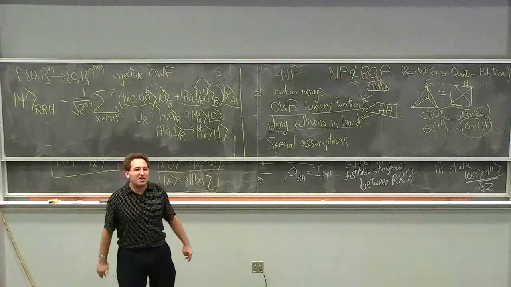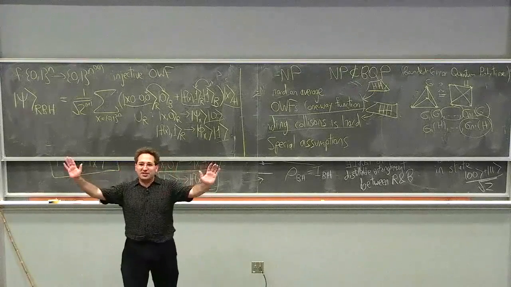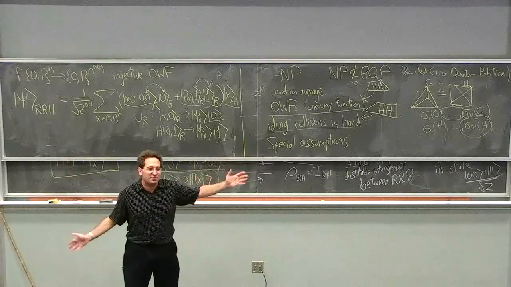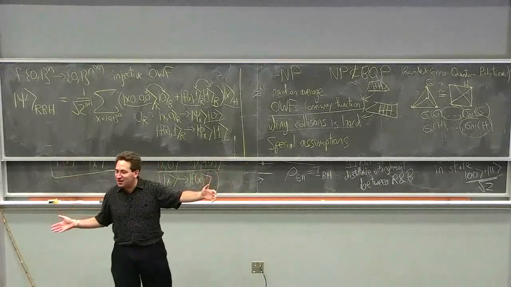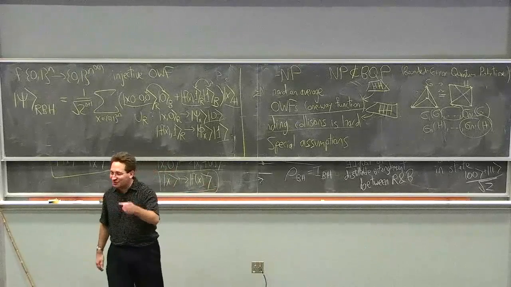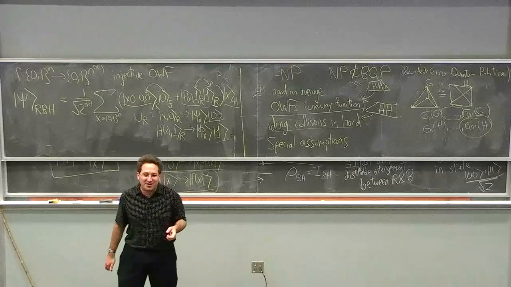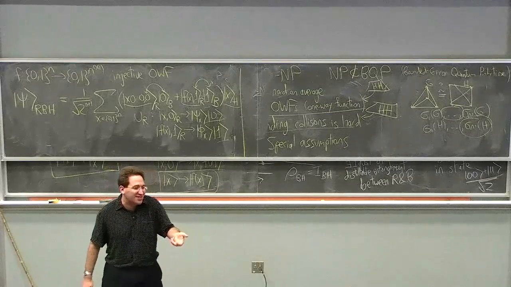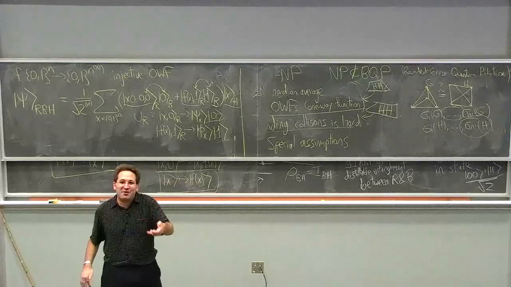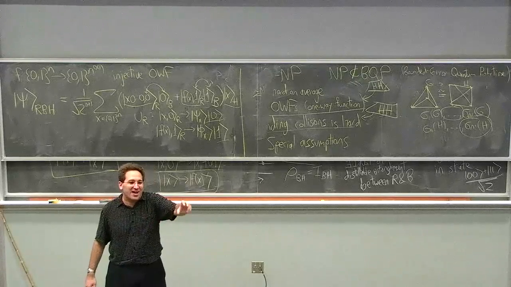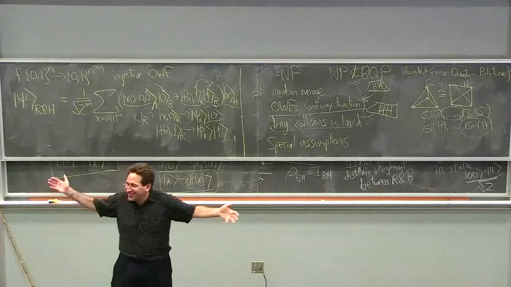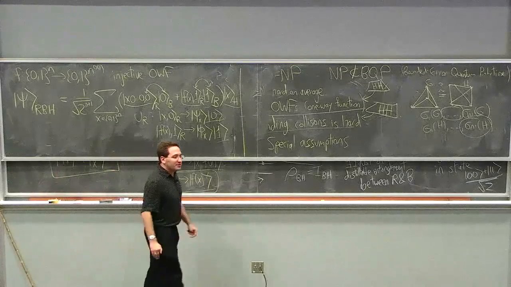Because the problem is, Alice might be like this super intelligent goddess, right? She might know exactly the description of the unitary that has to be applied. But still, she has to apply the actual unitary to this actual physical state. And if that requires an exponential number of operations, then it doesn't matter how smart she is, right? If there's just no efficient way to do it, then it doesn't matter that she could find such a way if it existed, right? So isn't that the only problem?